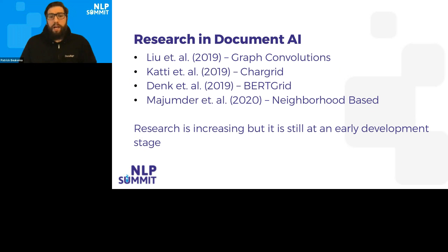So document AI is a small but growing field, and to situate this problem within the broader context, I want to go over some of the previous research that's been done that is most closely related to this work. One of the most commonly studied areas is the automated extraction or parsing of invoices and receipts. So that involves you taking a receipt, you scan it, you figure out, what is the total amount, what is the address maybe,